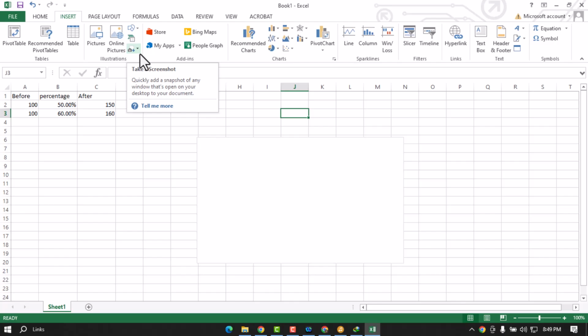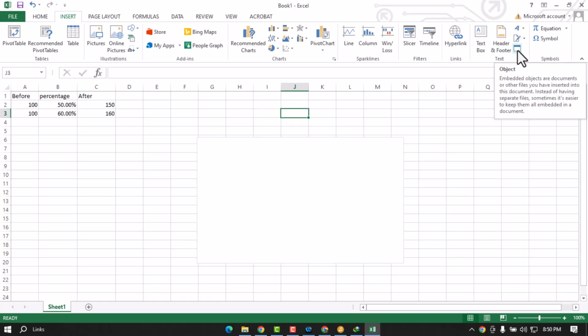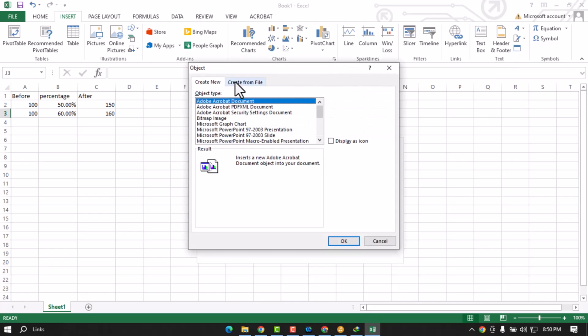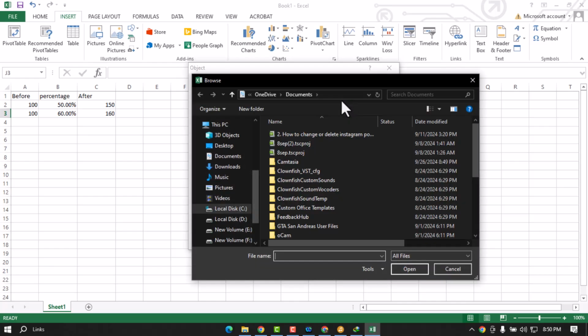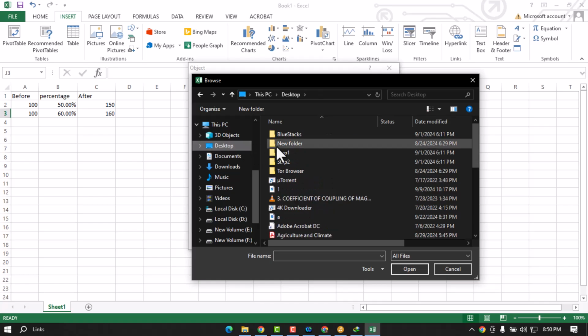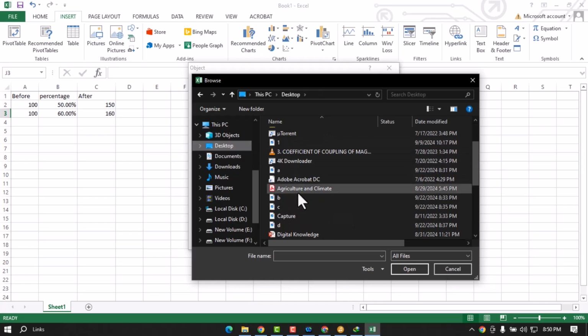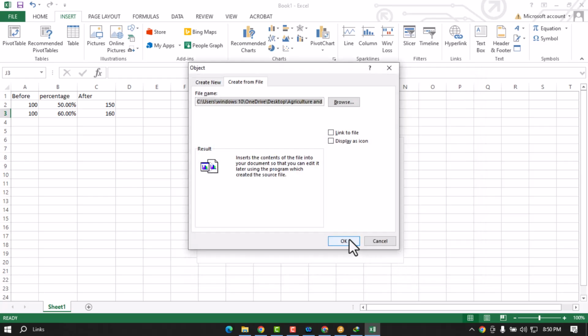Once you have opened up your Excel file, head over to the Insert section, and here in the Text section you can see an option like this. If you hover on it, you will see it's named Object. Click on it and then change to Create from File, then click on Browse and search for your desired PDF that you want to add in your Excel sheet, and click on Insert, click OK,